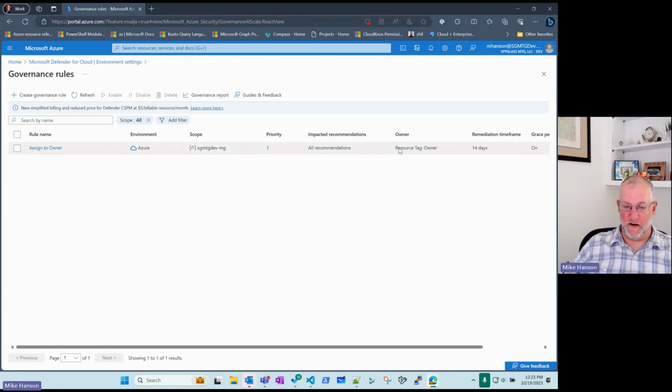You can see that we're doing it for all recommendations, and there's a resource tag that we're using, and the tag name is owner. This is set up to send emails once a week. So on a weekly basis, we will get a summary email of all of the recommendations that were assigned, so that we know which ones we need to